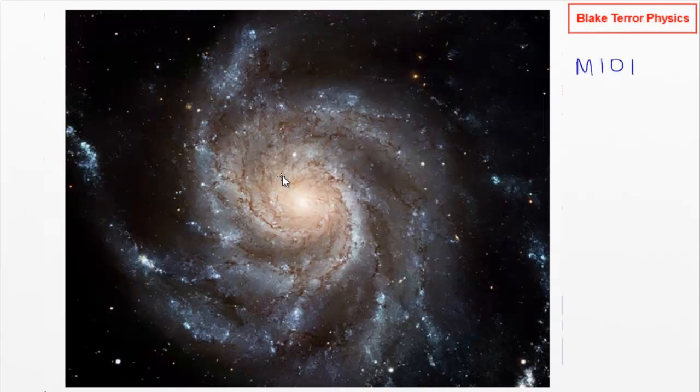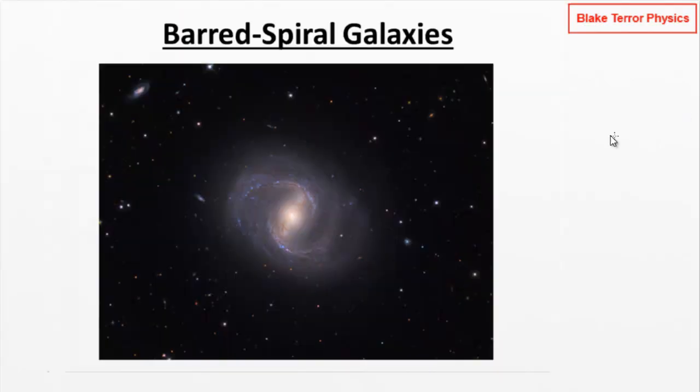Whereas on the previous ones, you can see we've got a nice round core, the center of the galaxy is nice and round. Here on these barred spiral ones, we've now got a bar going across the middle. So the arms start that little bit further out. Rather than having a center with arms coming off, we've now got a center with a bar going through it and then arms coming off that bar. This one here, I looked it up because it's not one I'm familiar with. This is M91, a barred spiral. I don't think this has got an individual name.